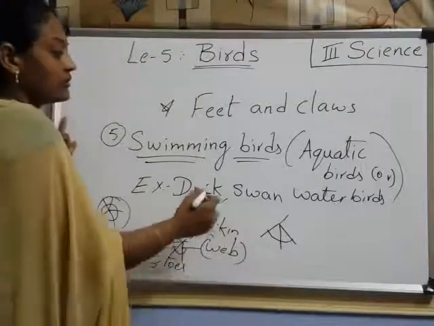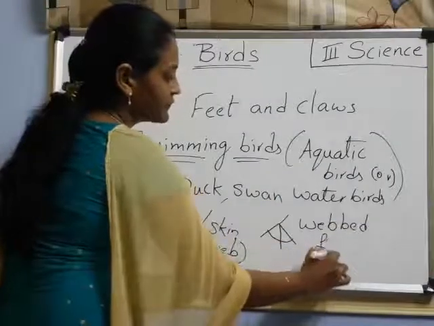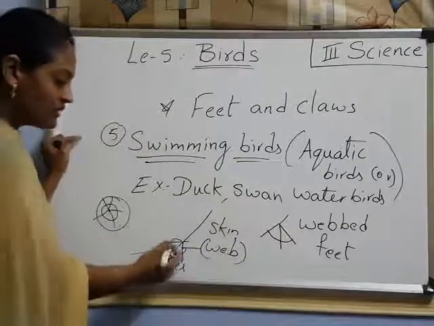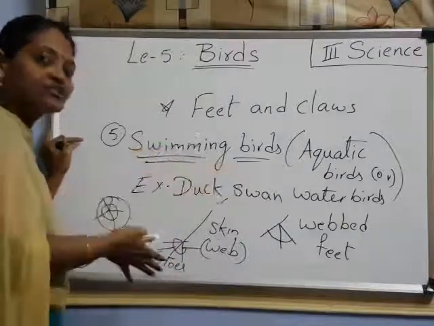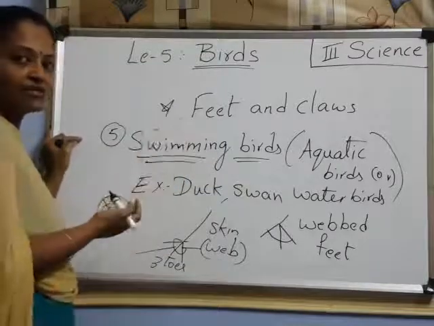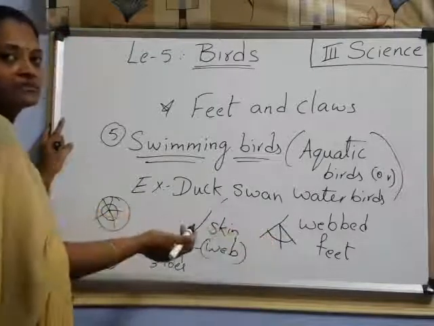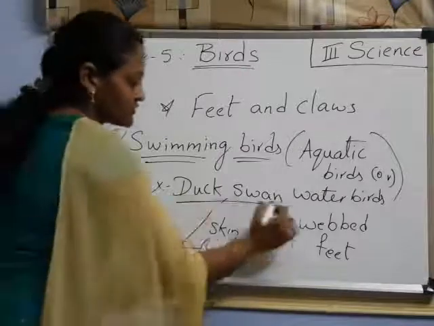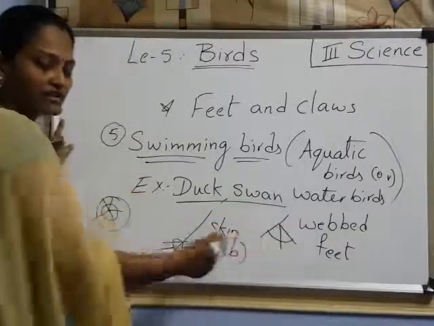So what is the foot here for these birds? Webbed feet. By using these webbed feet, they can swim in the water. Do you know how? The skin is also there on the foot, so that it pushes the water back, and the bird moves forward. Have you understood? So with the help of webbed feet only, the birds are able to swim in the water. Got it, children? So which birds can swim in water? Duck and swan. These two birds have which type of feet? Webbed feet. Got it, children?